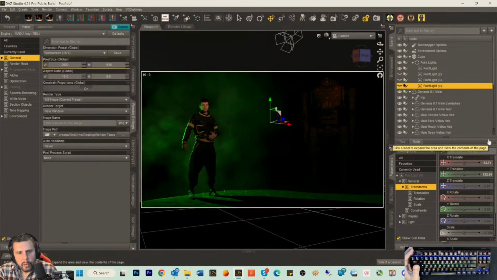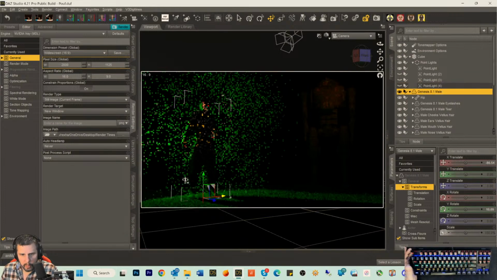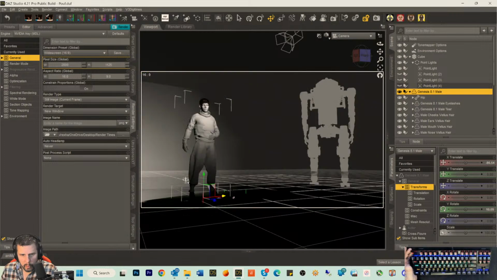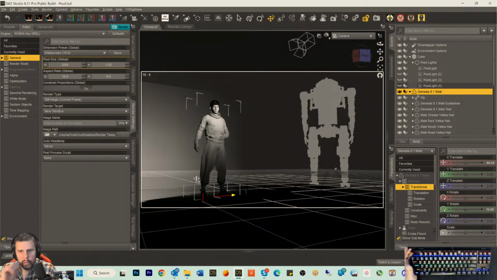There we go. So this all started out with this smoke thing that I made in that program. Now I think he could be moved a little bit more this way, so that they're kind of like,